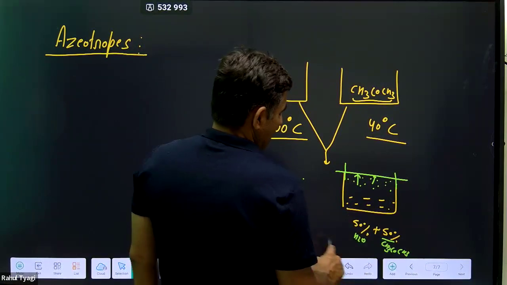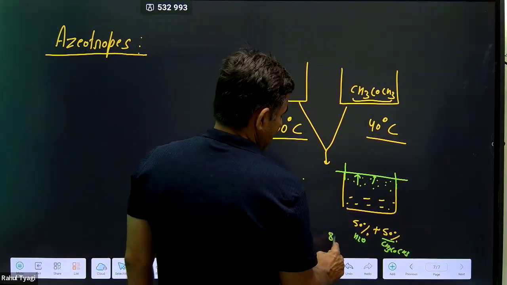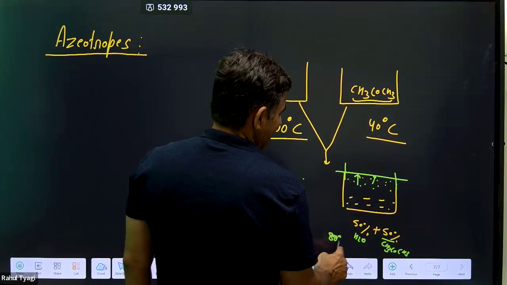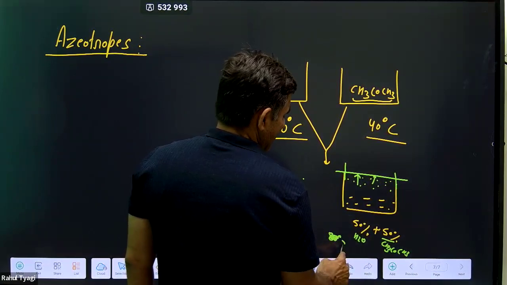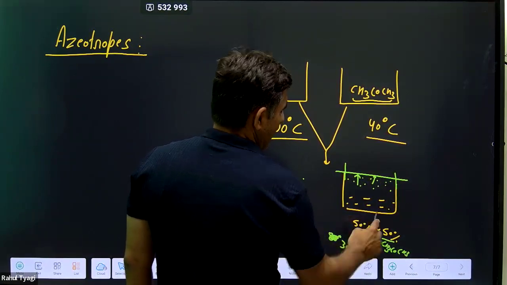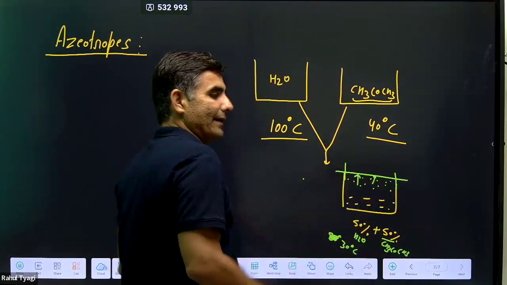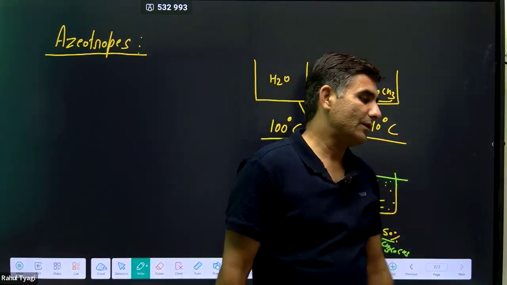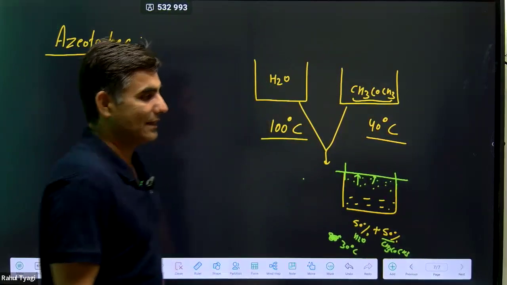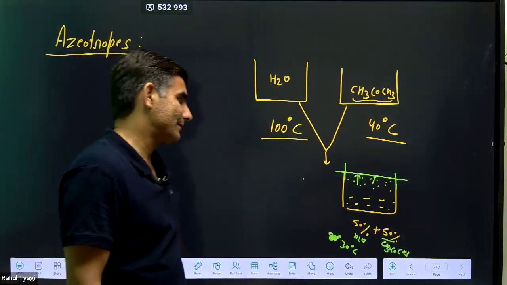और मैं इनको सपोज करो 80 डिग्री सेंटीग्रेड पे, या 80 नहीं लेते, 30 डिग्री सेंटीग्रेड पे इसको बॉईल करता हूँ, मतलब बॉइलिंग हीट देता हूँ। तो किसकी वेपर ज्यादा बनेंगी? वाटर की